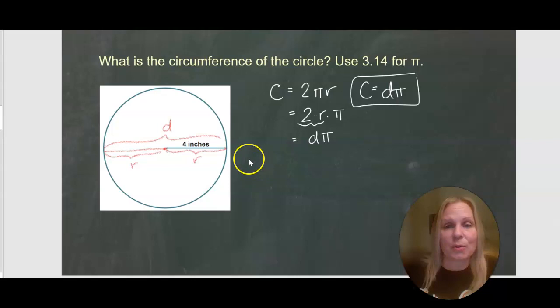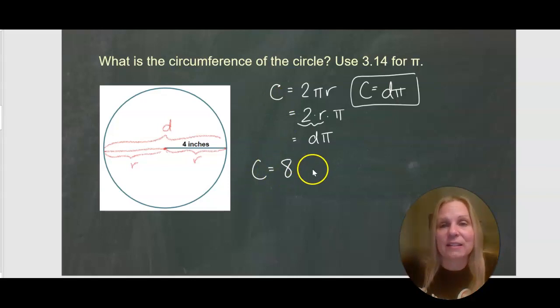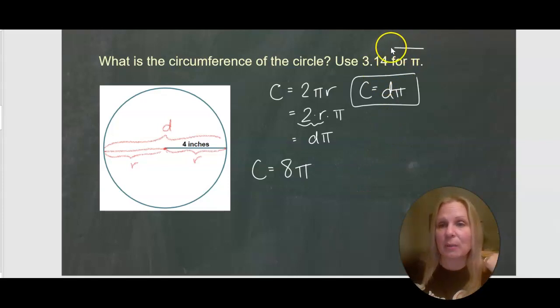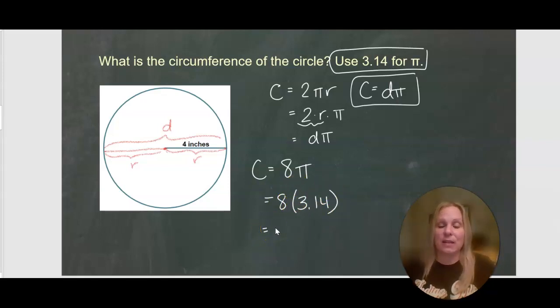All right, so let's do it. So if my radius is 4, right, that's only halfway across. That means my diameter is, hopefully you said 8, right? Because all the way across would be 8. So I'm going to have 8 times pi. Now, if it says leave your answer in terms of pi, you would leave it like this. But in this problem, it says to use 3.14 for pi. So that means we're going to do 8 times 3.14. And 8 times 3.14 is